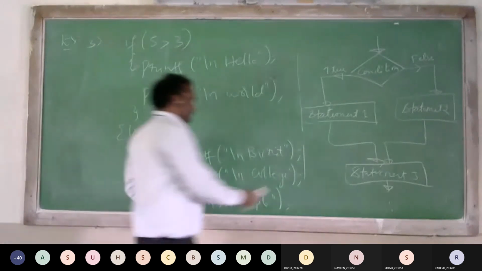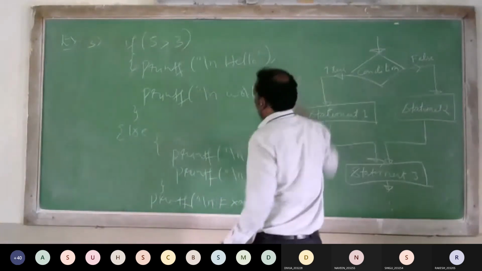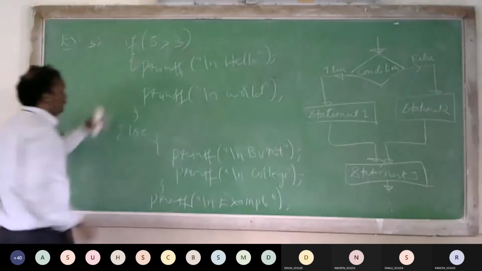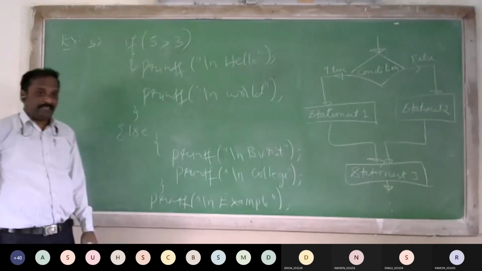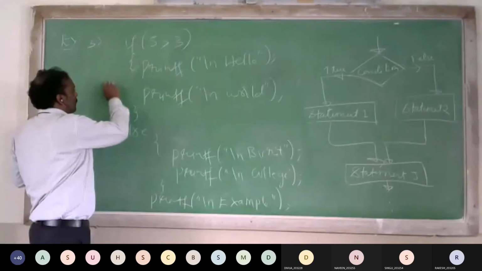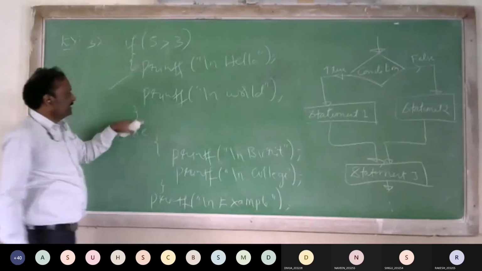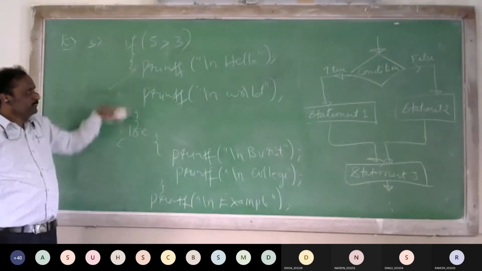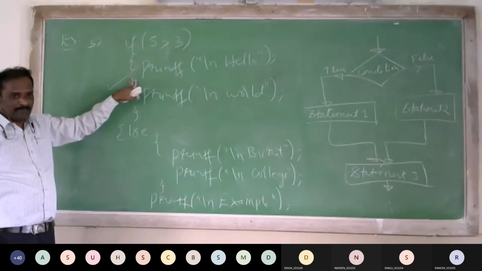Example. Now, 5 greater than 3. Yes, it is greater. Then we say that this block will be executed. The set of statements is nothing but a block. This block will be executed.